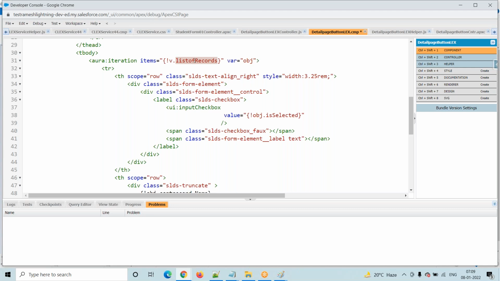Okay, got it. I had a confusion: we have one more label, the attribute text equal to ID, right? Yeah, that one. Sometimes we want to get the selected record ID, and that time they will use that text. But it's not required here. We will select the complete record. In this scenario, the best solution is to select the complete record and serialize it. Okay, sure, Ramesh, thank you.